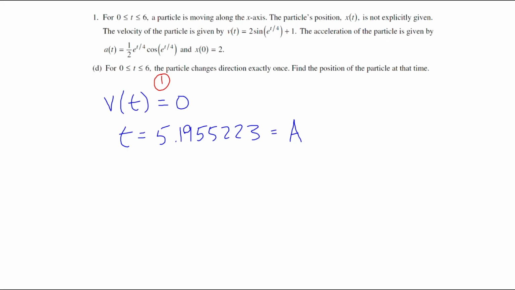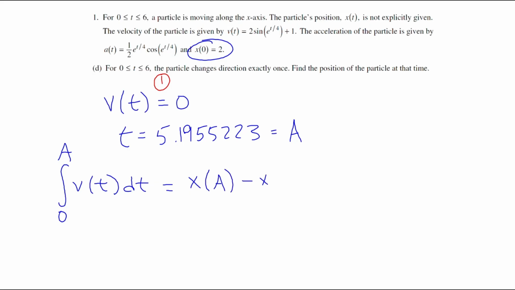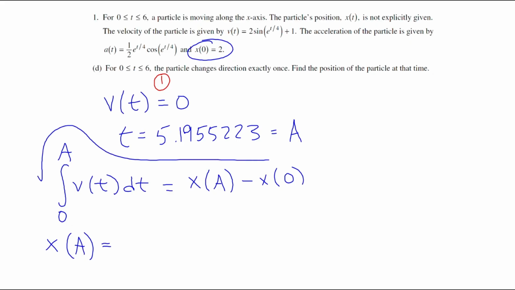We want to find the position at A. And we know the position at 0 is 2. And if we were to do the integral of the velocity from 0 to A, that should tell me the displacement on that interval. In other words, it should tell me the difference between x of A and x of 0. And so if I wanted x of A, I can just add this x of 0